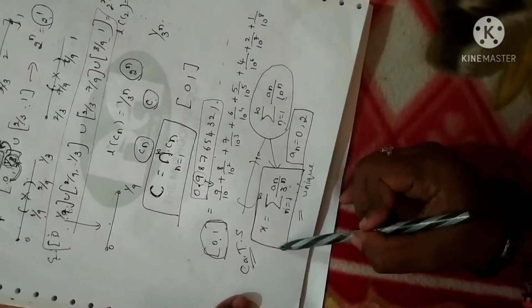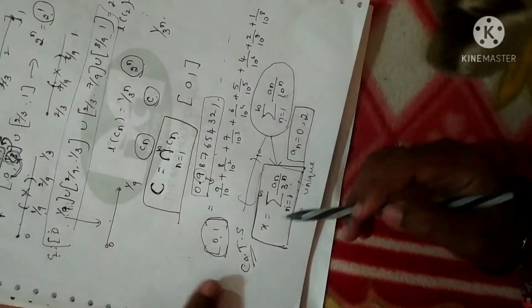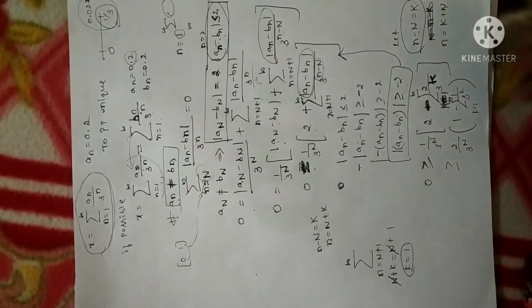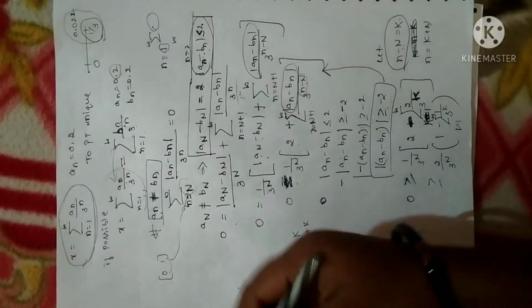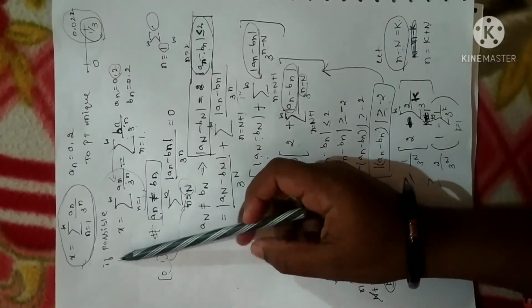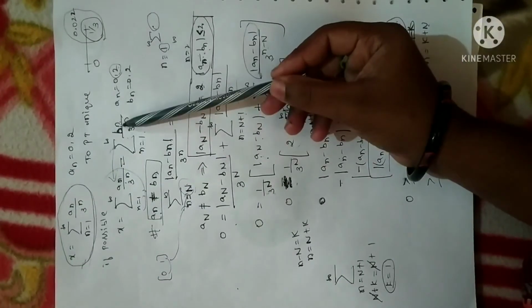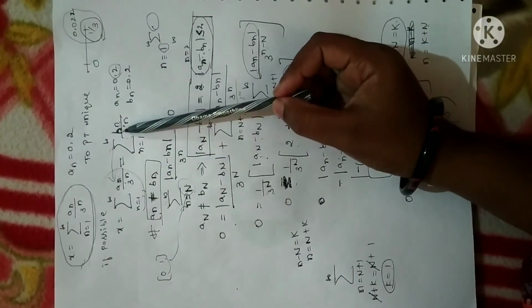Fine. Now we have to prove that this expression of representing a decimal number is unique. Fine. Now I am going to prove that x is equal to the sum of an by 3 power of n is unique, where an can take value 0 and 2. Now I am going to prove this by the contradiction method. In order to prove by contradiction, let me assume one more expression. Instead of an, I have taken bn. So unique meaning is an should be equal to bn.